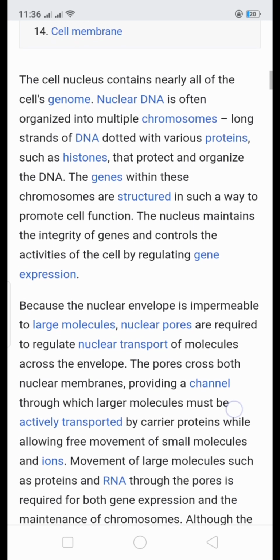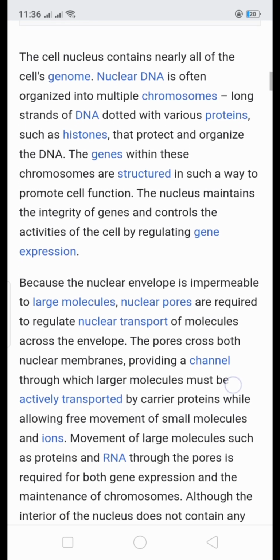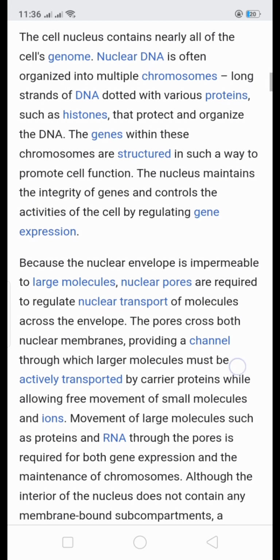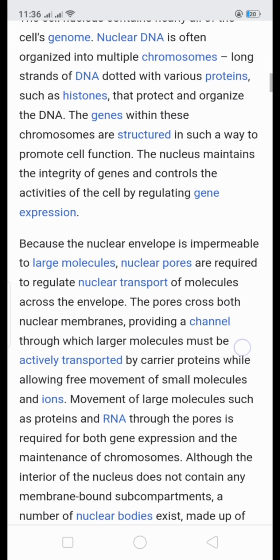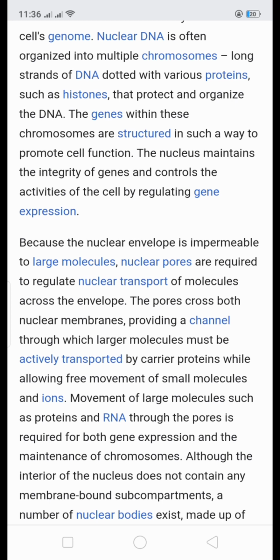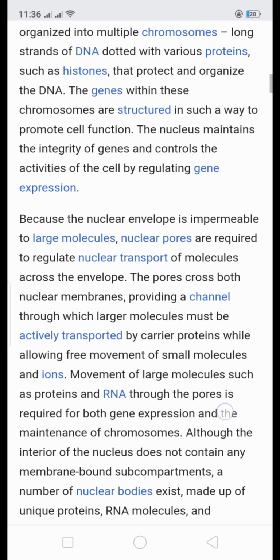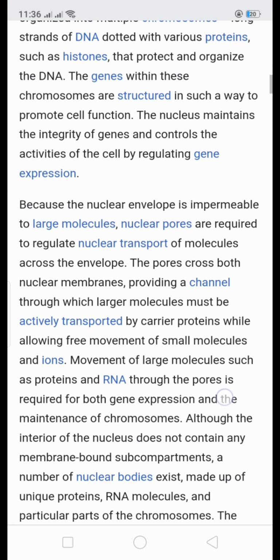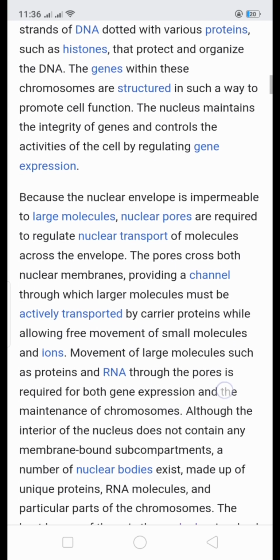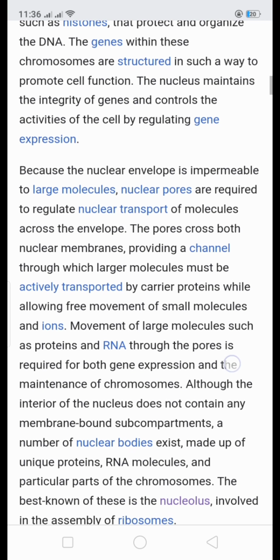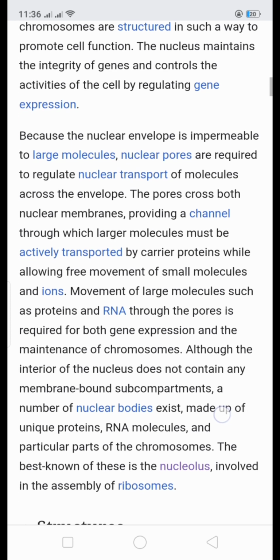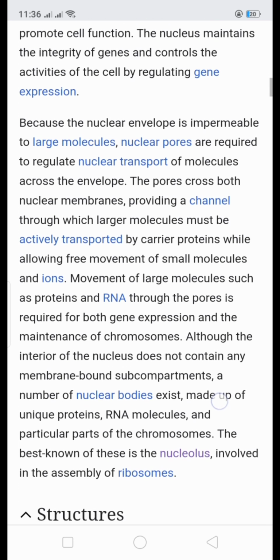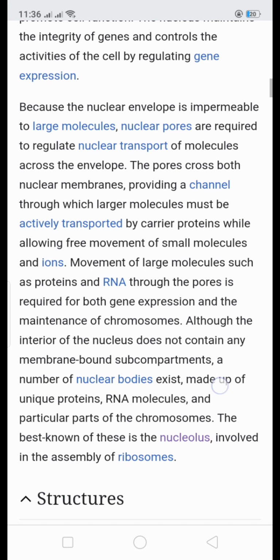Because the nuclear envelope is impermeable to large molecules, the nuclear pores are required to regulate nuclear transport of molecules across the envelope. The pores cross both nuclear membranes, providing a channel through which larger molecules must be actively transported by carrier proteins, while allowing free movement of small molecules and ions. Movement of large molecules such as proteins and RNA through the pores is required for both gene expression and the